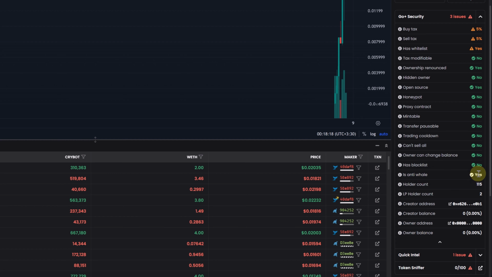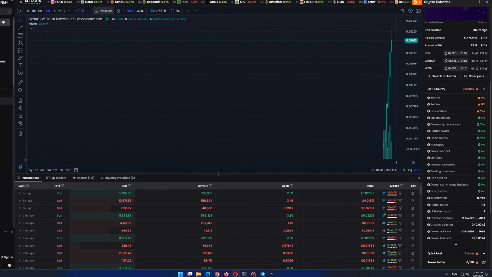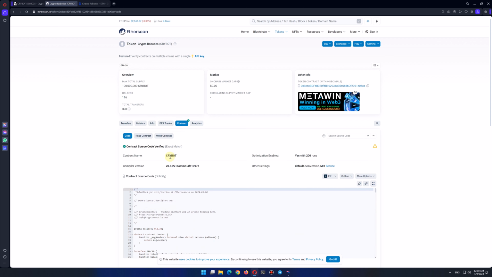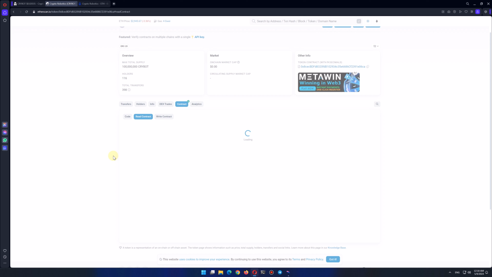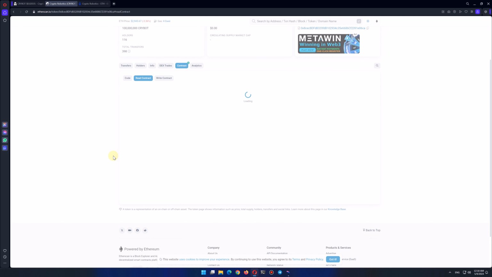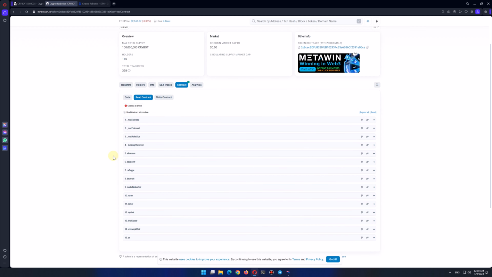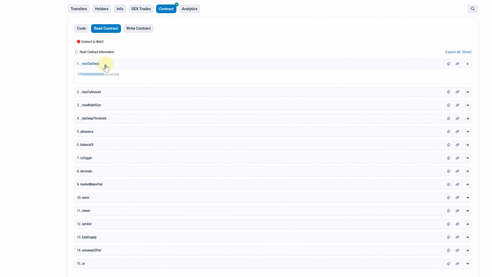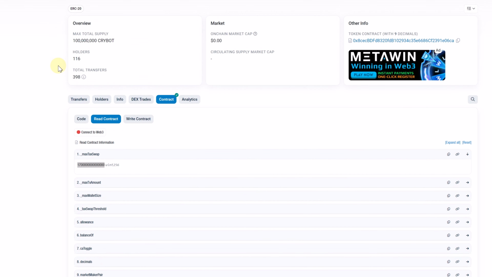But we have another red flag in here, that is the anti-whale function. This means that the maximum number of the tokens that can be transferred or bought or sold is predetermined by the token creator. Now we can see these values in the read contract section. It has a max tax swap function, which if we want to get the correct amount, we have to subtract 9 decimals that this token has. That would be